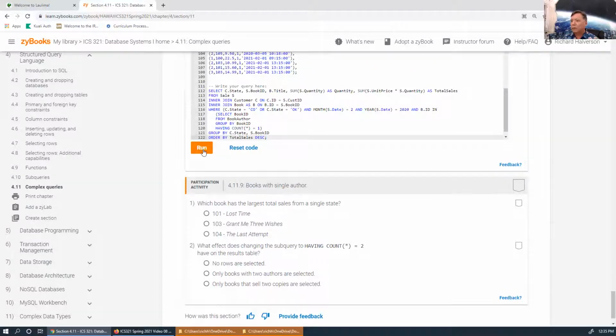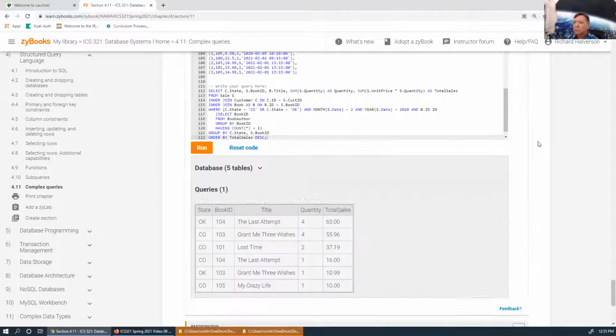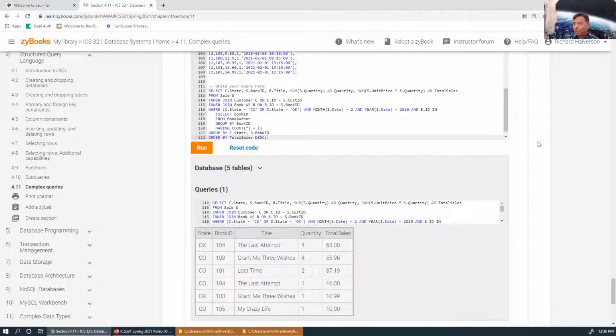Paste. I'm going to run this just to see what it looks like. Okay, so all right, so this thing looks at all of the book author rows, all of the book author records in the book author table, and by grouping on book ID, you're going to get